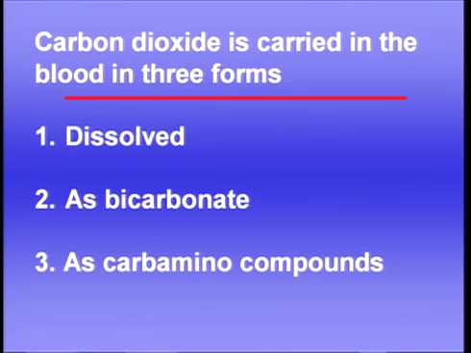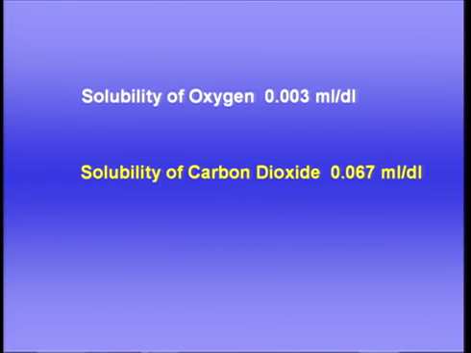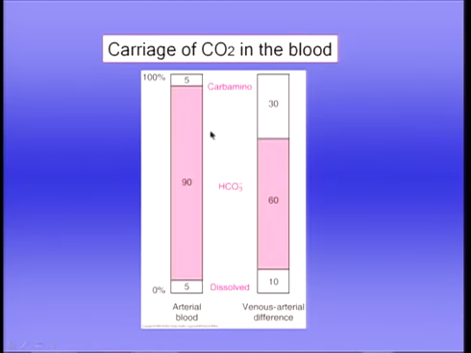It turns out that the solubility of carbon dioxide in blood is substantially greater than that of oxygen. We saw that the solubility of oxygen was only 0.003 mils per deciliter. The solubility of carbon dioxide is about 0.067. That's about 24 times greater than the solubility of oxygen. And it turns out that as a result, the carriage of carbon dioxide in the blood,